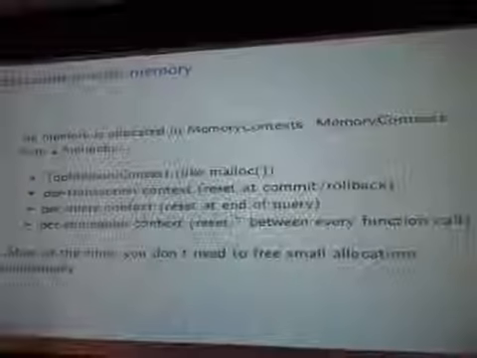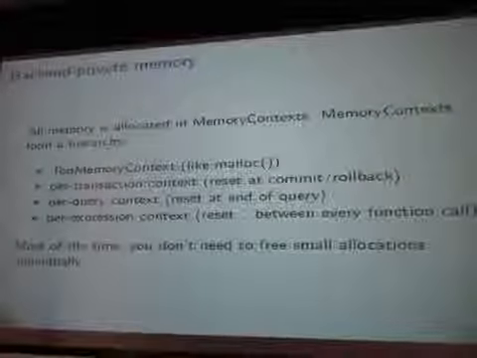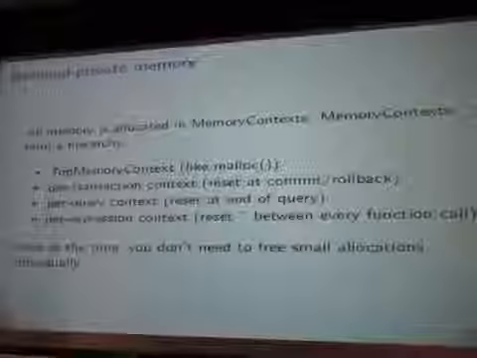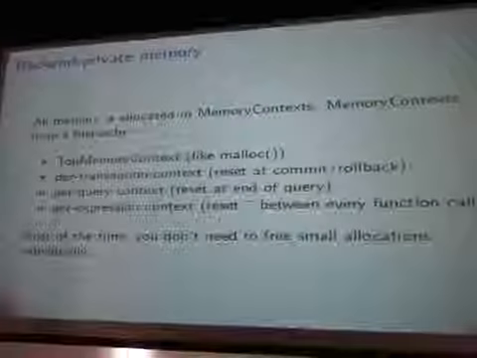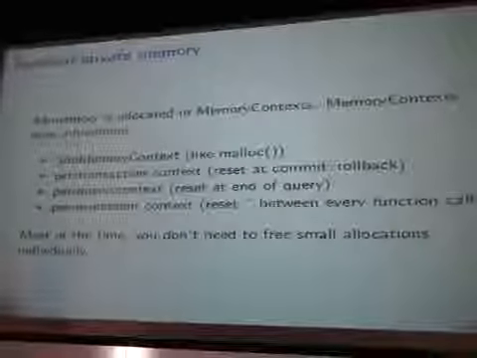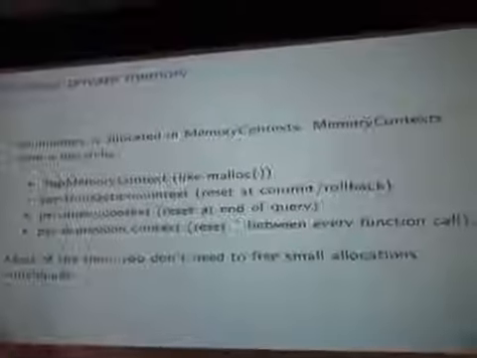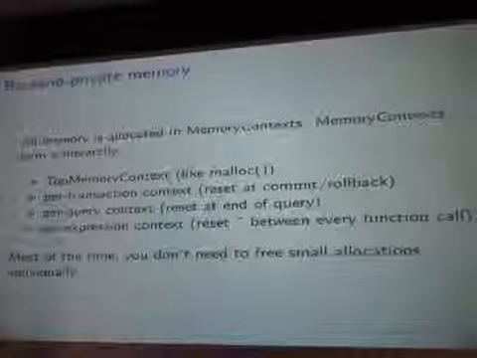Memory contexts are hierarchical, so that we have a top memory context that contains everything, and within that we have a per transaction context, and that contains stuff that's important for the transaction. And within that we have a context for query level stuff, and within that for row level stuff. And this makes memory management really easy. When you write backend code, you usually don't need to worry about freeing anything, because it goes into the memory context, and that will be automatically just zapped at the end